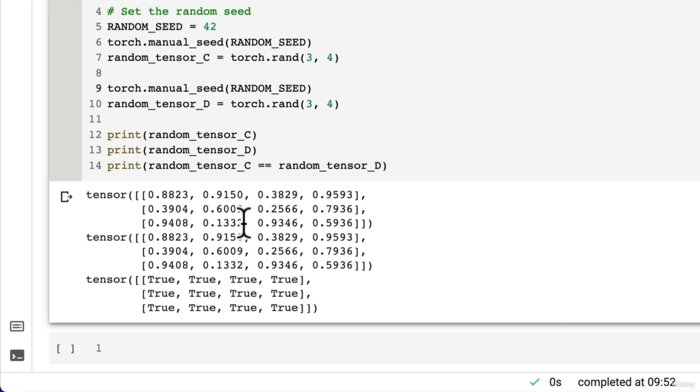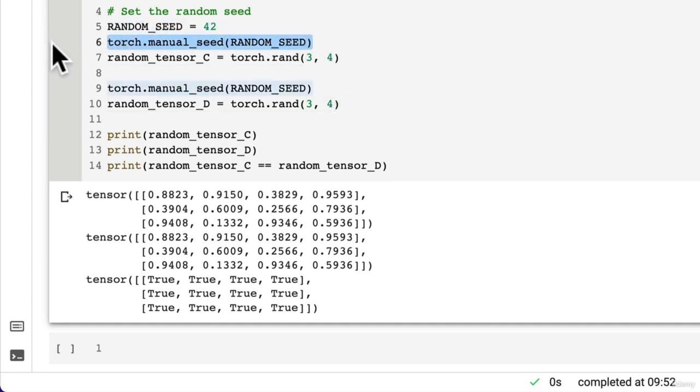So a thing to keep in mind is that if you want to use the torch manual seed, generally it only works for one block of code if you're using a notebook. So that's just something to keep in mind. If you're creating random tensors one after the other using assignment like this, you should use torch.manual_seed every time you want to call the rand method or some sort of randomness.